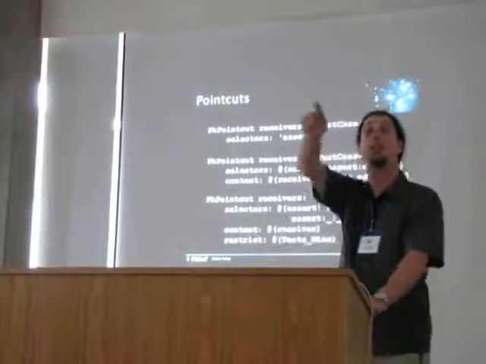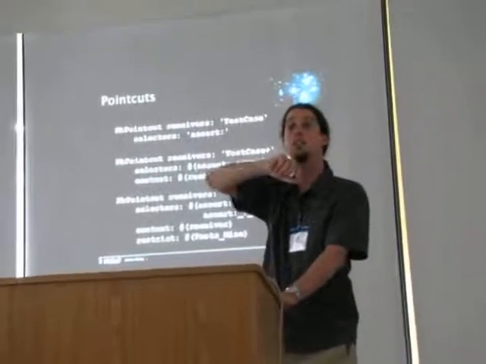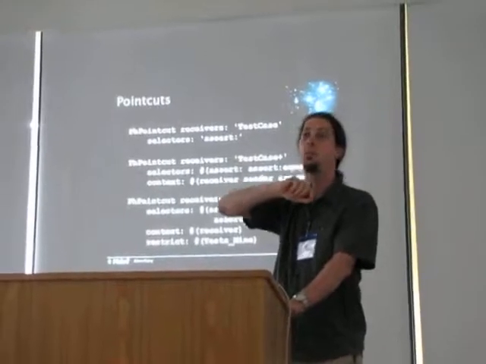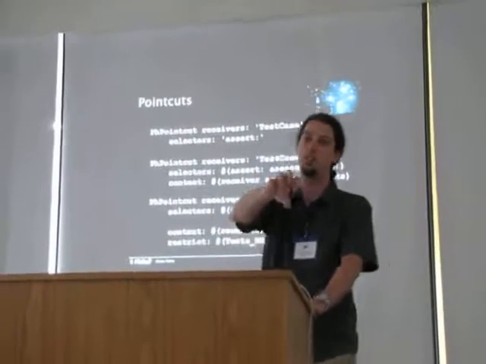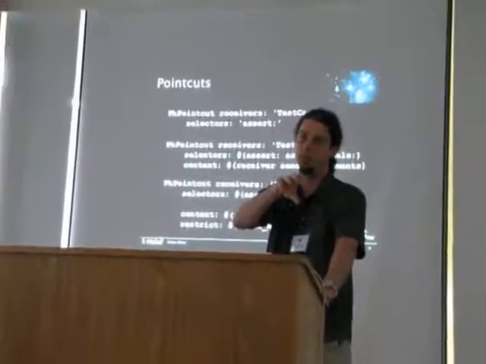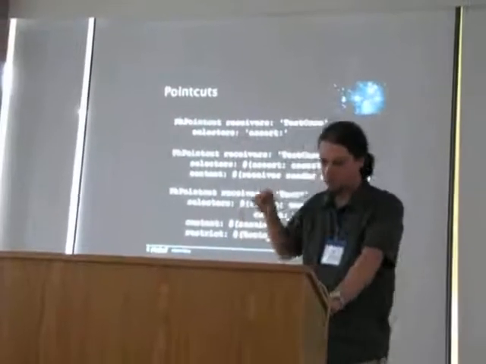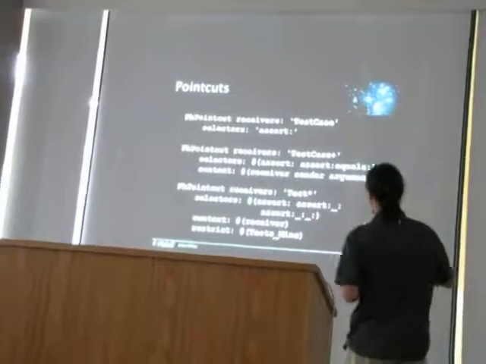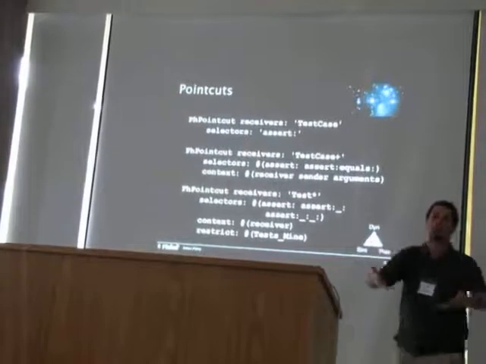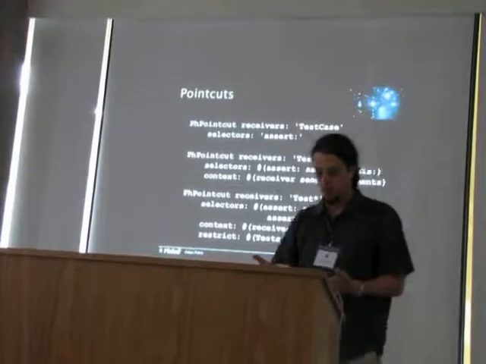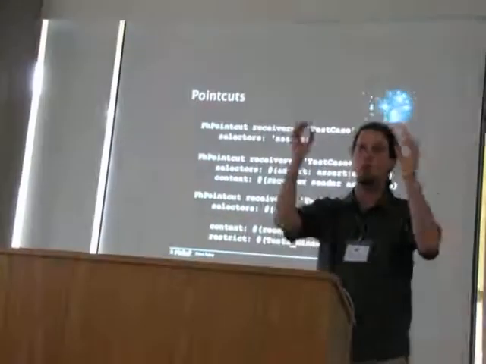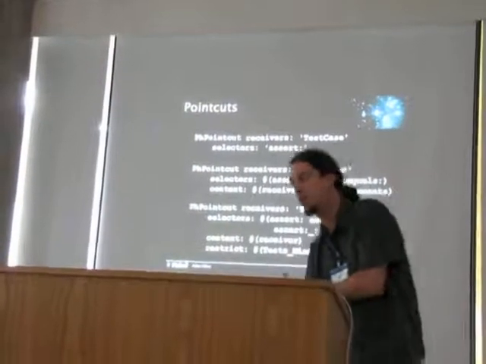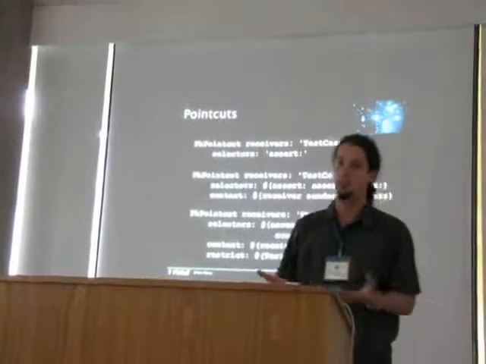Alright? With the context, you can also get some variables defined in the method, for example? No. We don't go into the method itself, we don't break the encapsulation of the method. Alright? So three things. Dynamic. This is dynamic because you add a new class, a new subclass of test case. In this case, this thing will automatically match the new subclass of test case, right? It's simple. We have one type of join point, we have one type of point code. In other Aspect languages, you have multiple kinds of join points, multiple kinds of point codes. It's going to be more complicated.